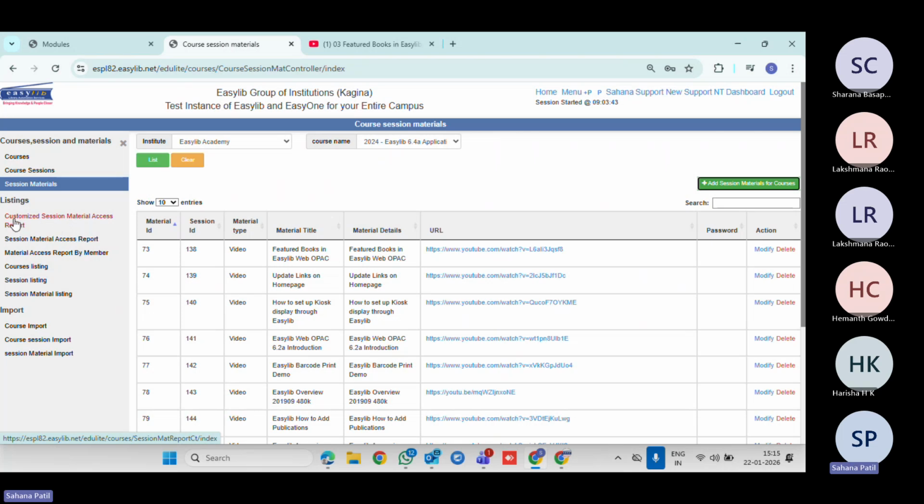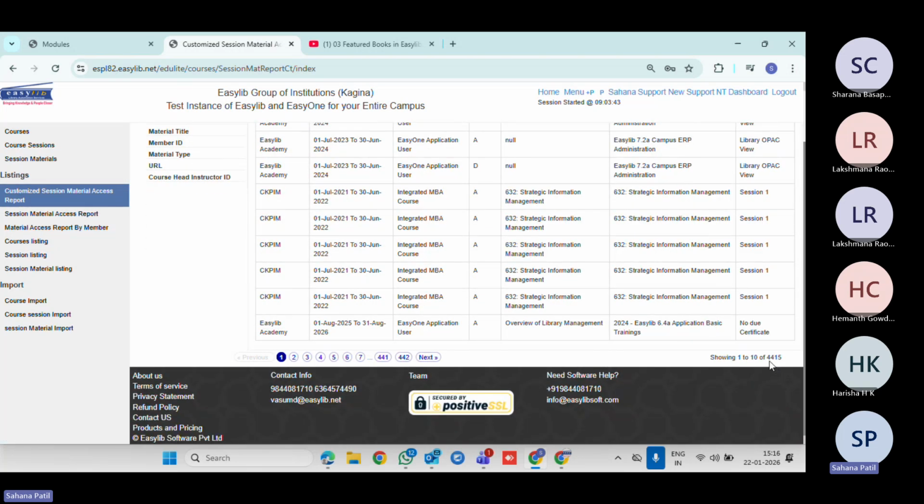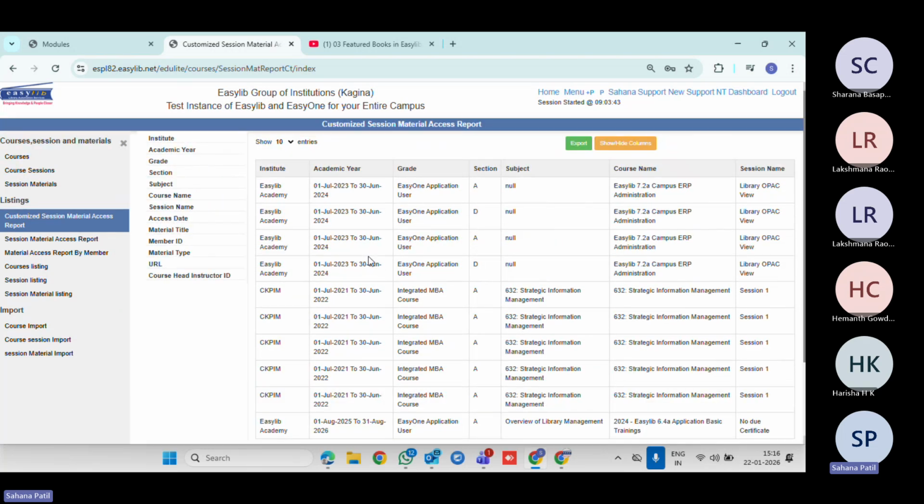I'm just going for the customized session materials. In these customized session materials, you are going to see who has accessed them, and which of the session materials we can filter based upon the reports. We already have many reports which show 4,000 plus records that we have added. If you want to choose filter-wise, you can go for any of